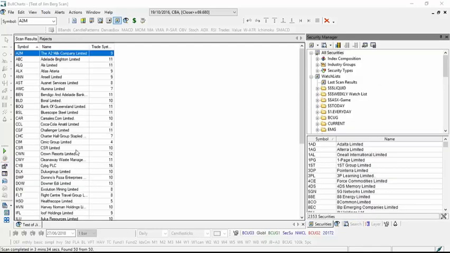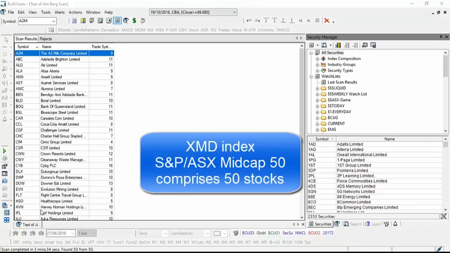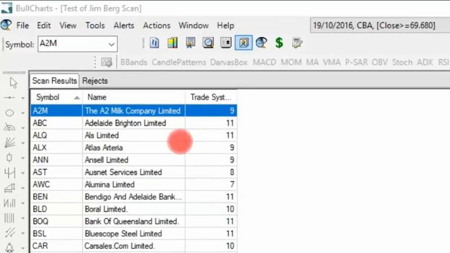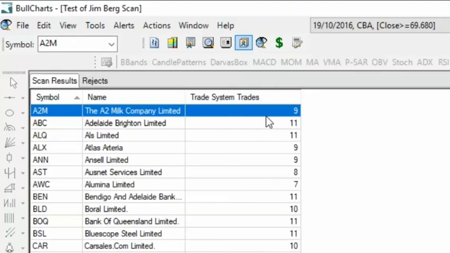Okay, so this scan is finished. We've run that across, what did we do? The mid-cap 50, and down the bottom in the status bar it says scan completed in 3 minutes 34, found 50 from 50. And here's a list of those 50 stocks, and that column there in the scan results table is the trade system trades, the number of trades for each stock. Now if I toggle to TradeSim,